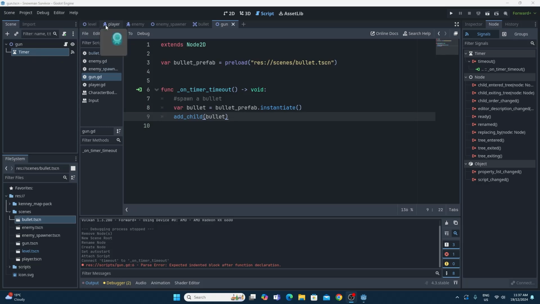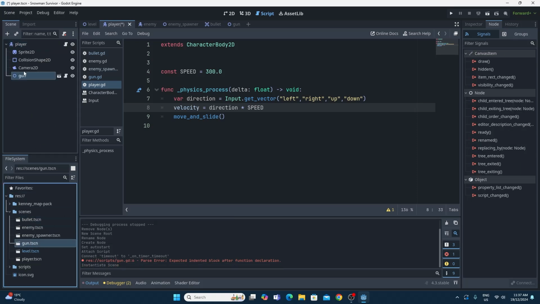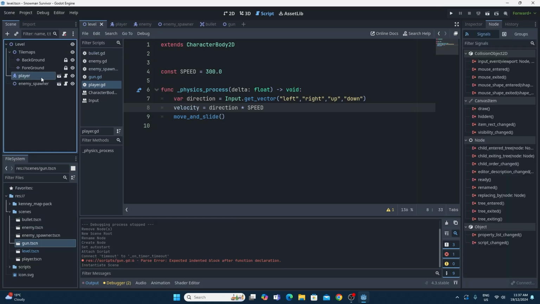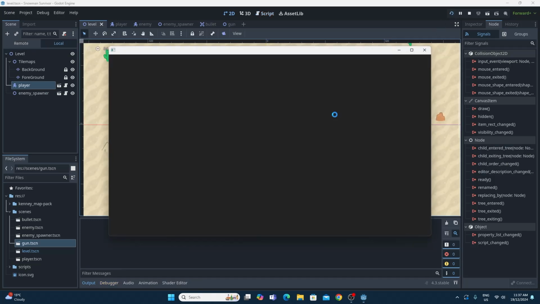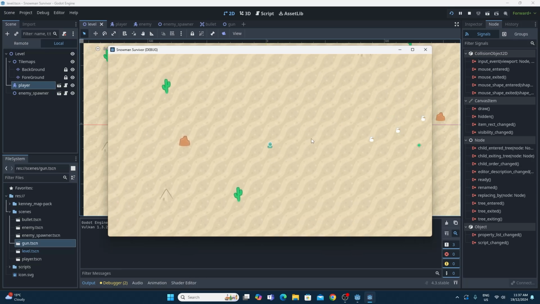So to test it, what I'm going to do is go to my player scene, and we're going to actually just drop this whole gun scene onto the player here. So the gun.tscn, just drop it straight onto the player and save the player now. So when I go back to the main level, my player will also have a gun. So if I click play, what we should have is that every second we fire a bullet to the right,